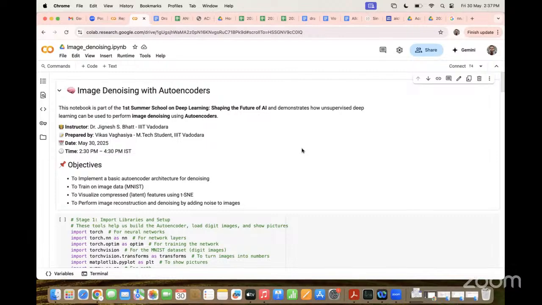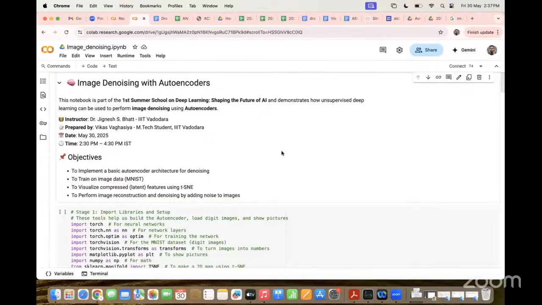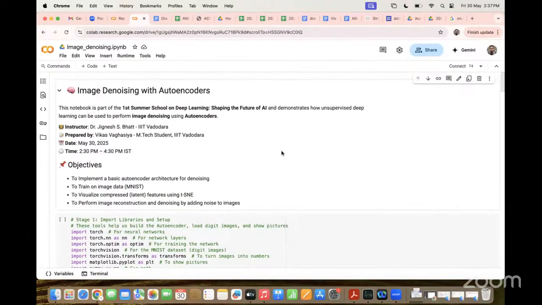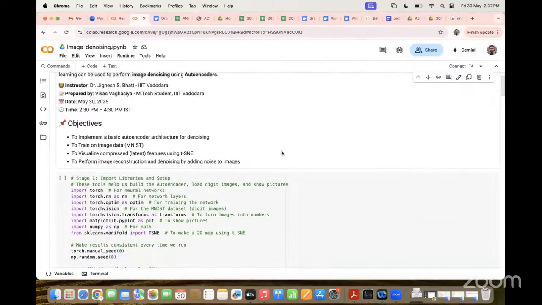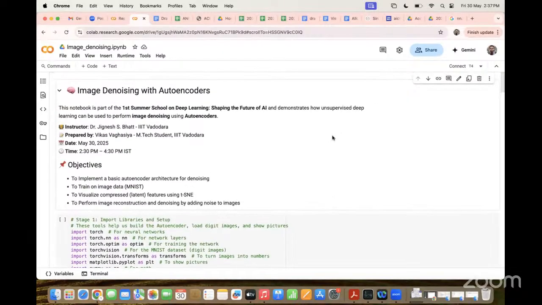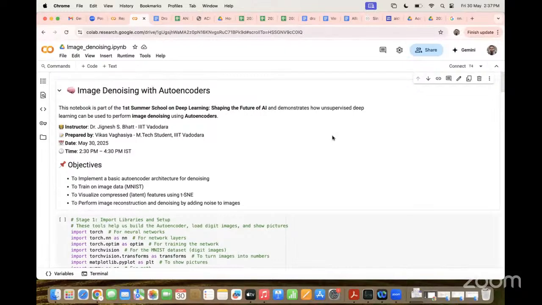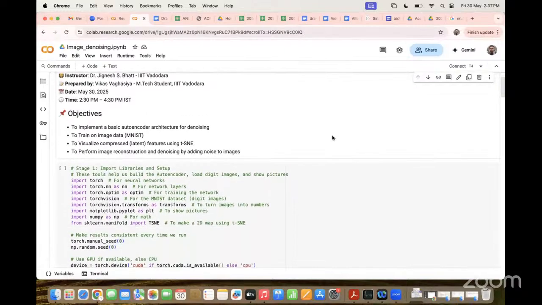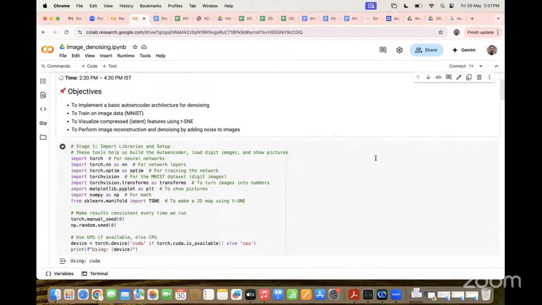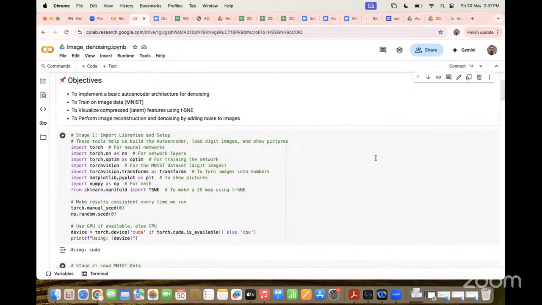Okay, so I'll first go through the first part, image denoising with autoencoders. These are all part of our regular courses. One of our MTech students, Mr. Vikas, has prepared this. He has extended it from what our tutorial or lab exercises are. So this is basically image denoising with an autoencoder, where we'll be implementing a basic autoencoder architecture using the MNIST handwritten digit dataset.